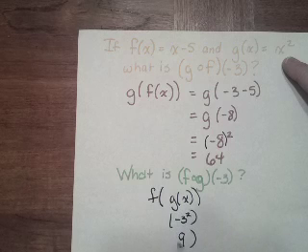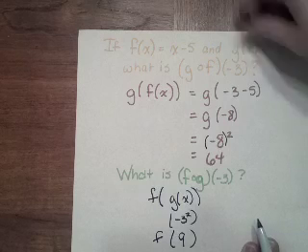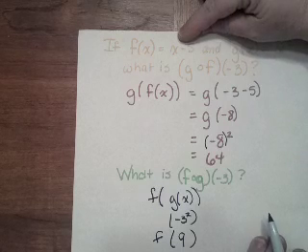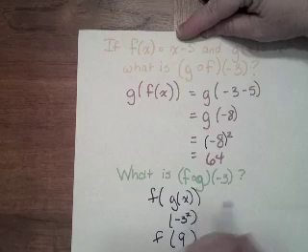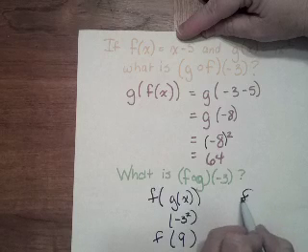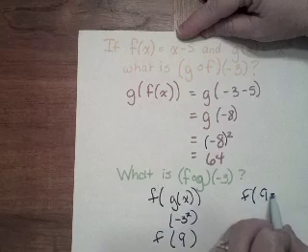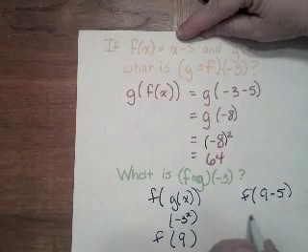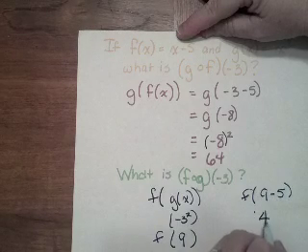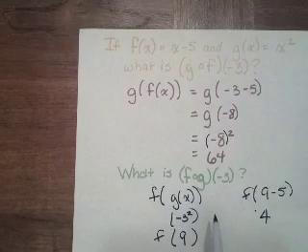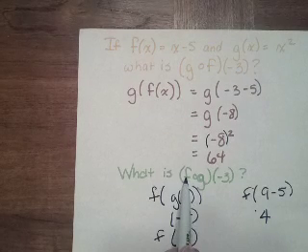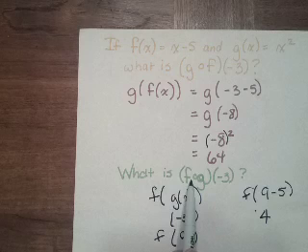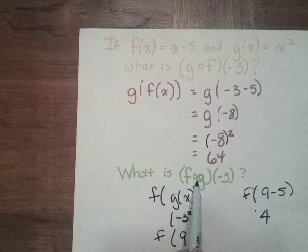And I'm going to find the f of 9, and my f function is x minus 5. So I'm going to take 9 into that and put 9 minus 5, and I get 4. So my function f composed of g,